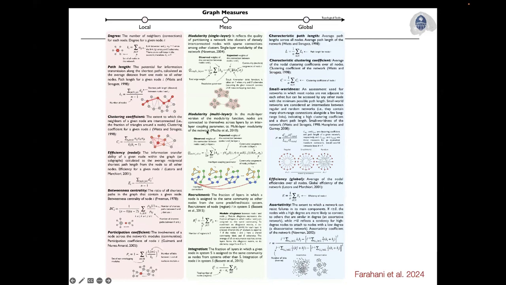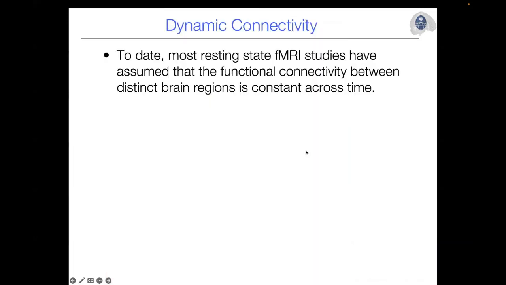And then, in between these meso-level things, it turns out that the brain has a sort of small-world structure, where adjacent regions are very highly connected, and then they have long-range connections that allow you to jump across the brain. Those are things that people are quite interested in as a secondary analysis of some of these networks. And so the final thing that I just wanted to talk about